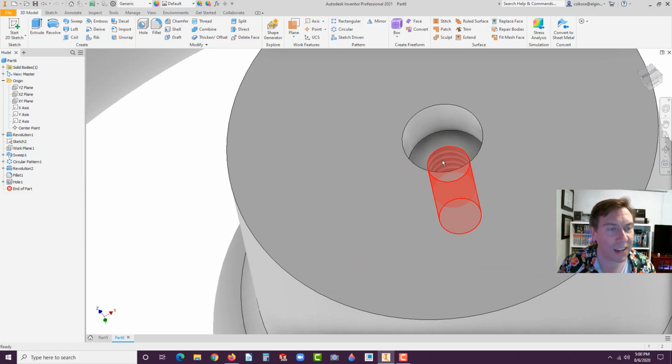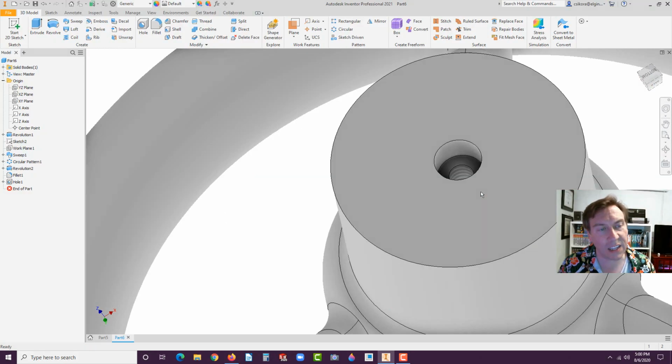And as we go up, look at that. It actually has a cosmetic thread in there. You can actually see it. Cosmetic threads are used generally. They're just an overlay, a texture that appears to look like a thread. And the reason you want to use those typically for common ones like this, UNC quarter 20, is because